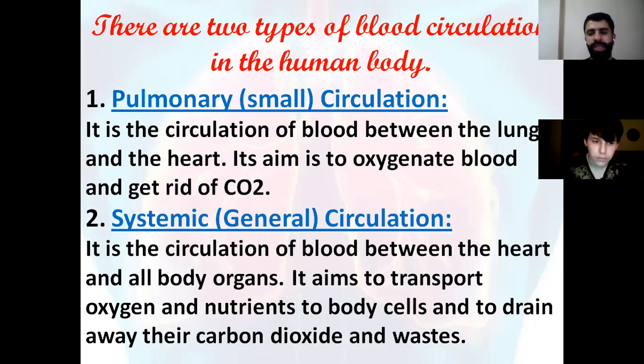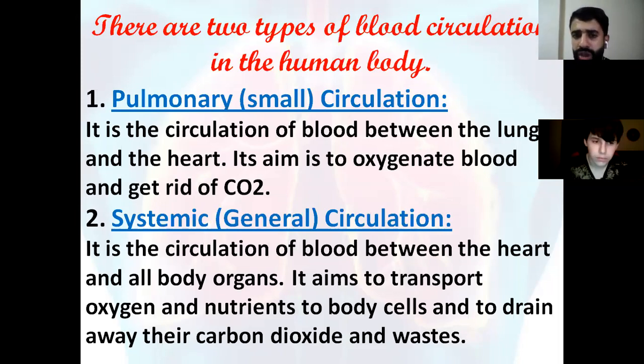and to drain away the carbon dioxide and waste. So I repeat, pulmonary circulation is the circulation of blood between the lungs and the heart. This is the pulmonary. Pulmonary is a small circulation. It aims to oxygenate blood, to give oxygen to the blood and to get rid of carbon dioxide. While the systemic is general, between the heart and all the body organs, or all the body systems. So it aims to transport oxygen and nutrients to the body cells and to take away